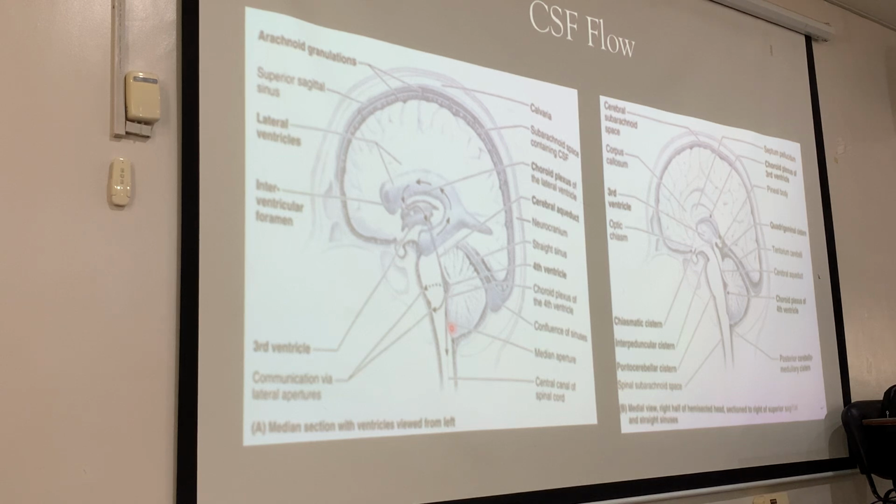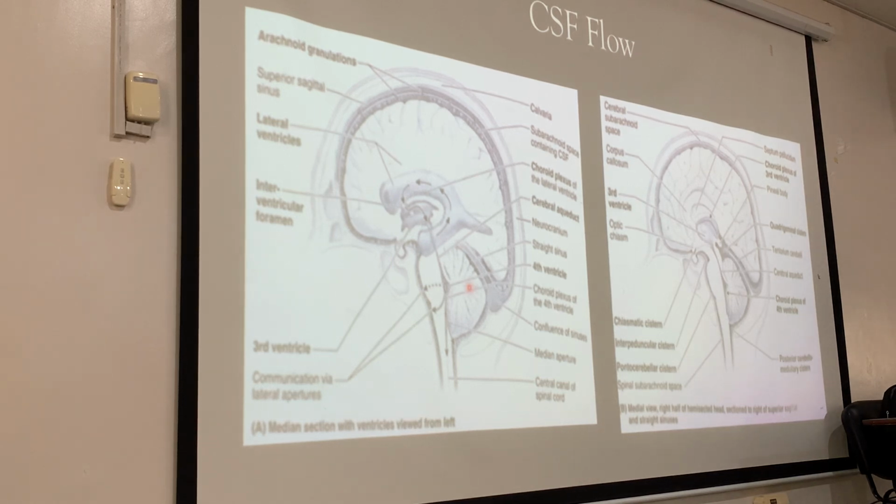Okay, so CSF goes into the cerebral subarachnoid space, and then CSF will go up to be reabsorbed by the arachnoid granulations here, and then CSF is sent back to the superior sagittal sinus to rejoin the venous circulation. Then it goes again to the heart, which pumps blood again to the choroid plexus. The choroid plexus will form new CSF and the cycle continues.